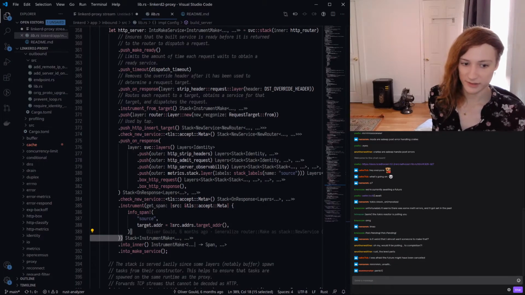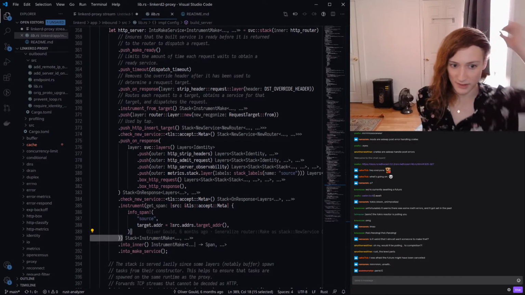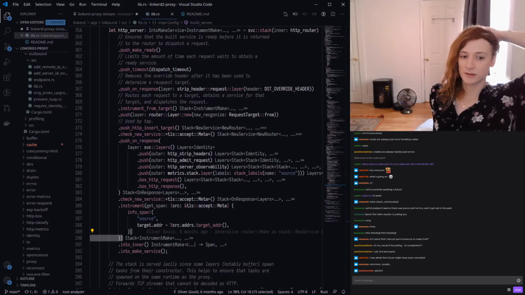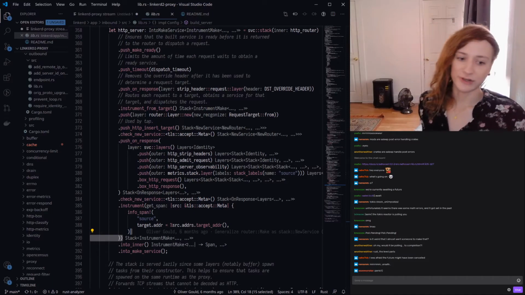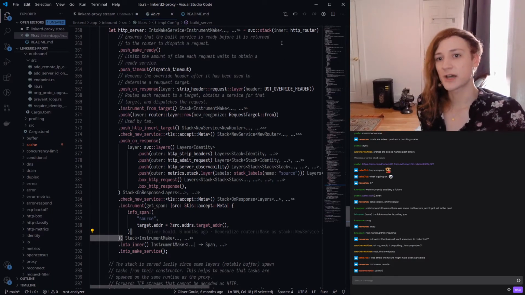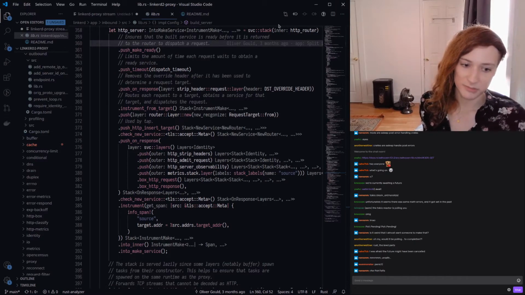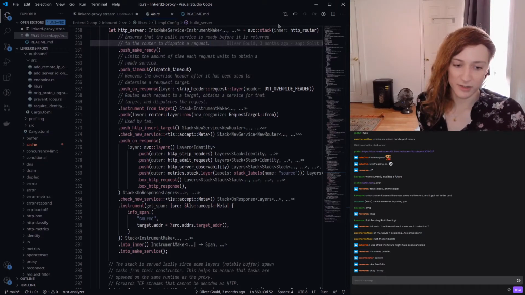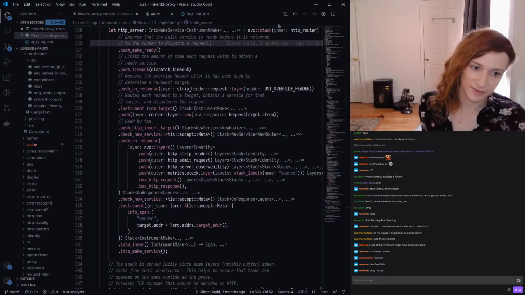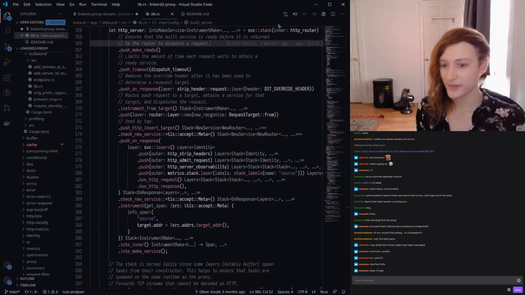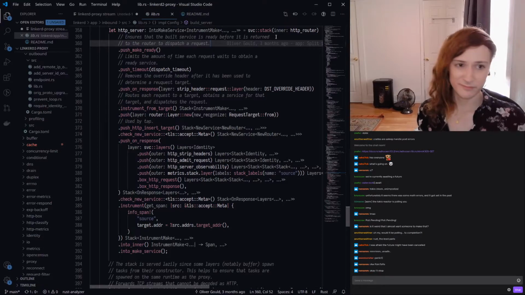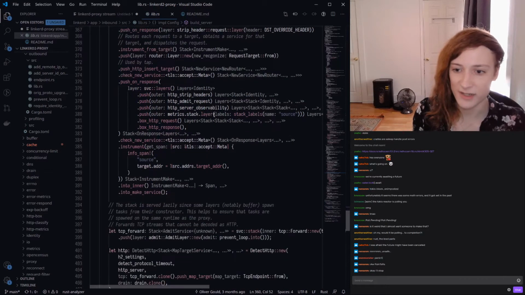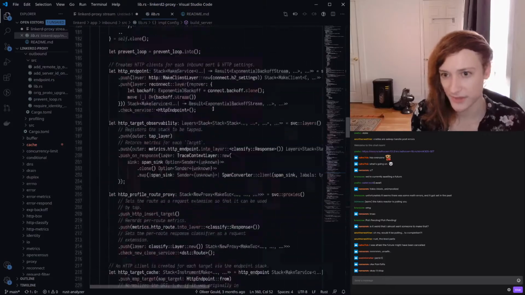Okay, folks, I am back, and we're going to pick up where we left off, which is someplace that I no longer remember where it was. Where were we? We were talking about abstractions, and the way that we build this proxy by composing all of these pieces together. There are a couple of very fundamental abstractions that are critical to this whole architecture, this whole design that we have here really relies on a couple of things.